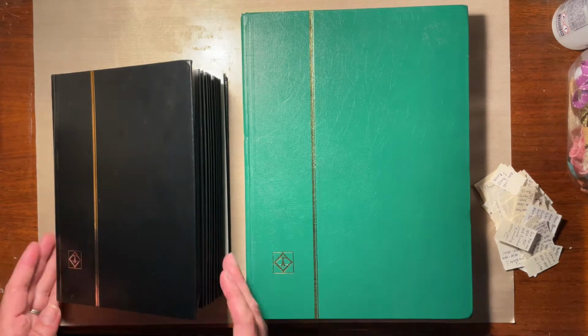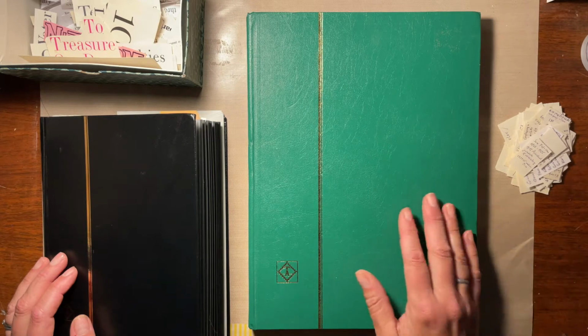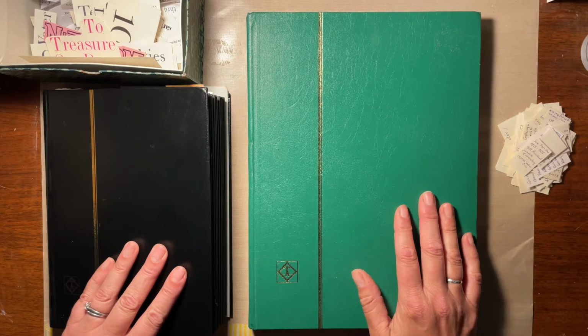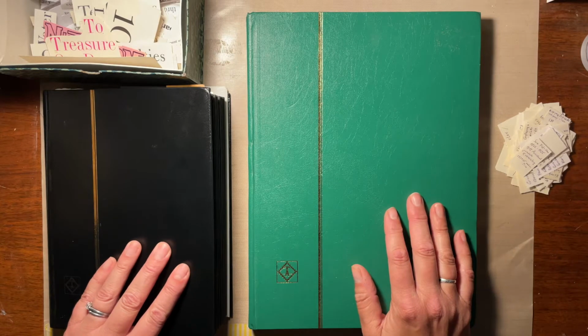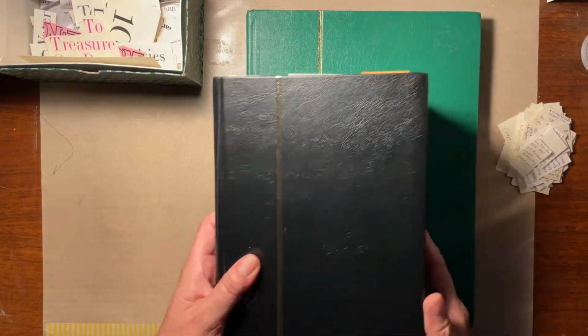I wanted to show you how I organize stamps and words. This isn't something new that I've done, because I've seen actually several junk journalers storing ephemera this way, but I thought I'd walk you through just in case